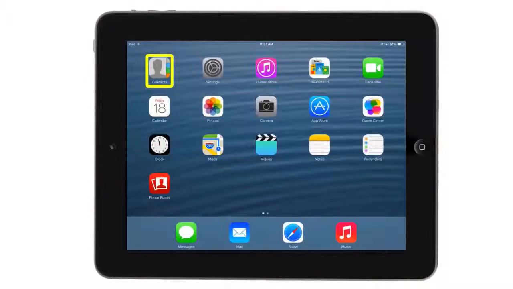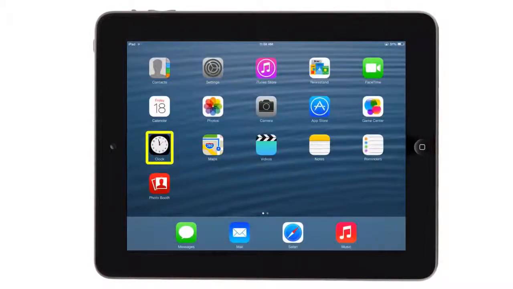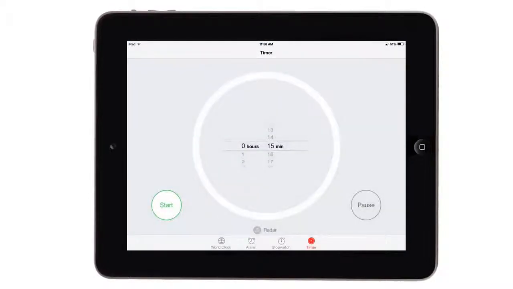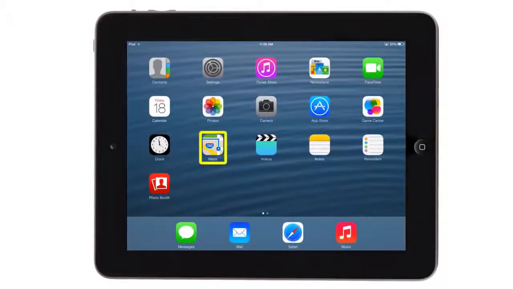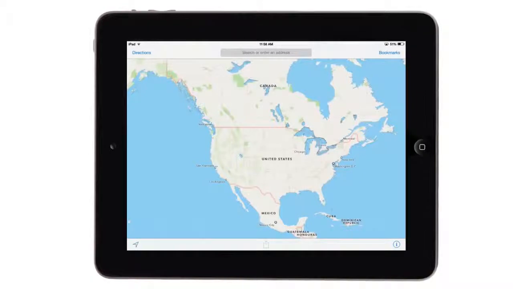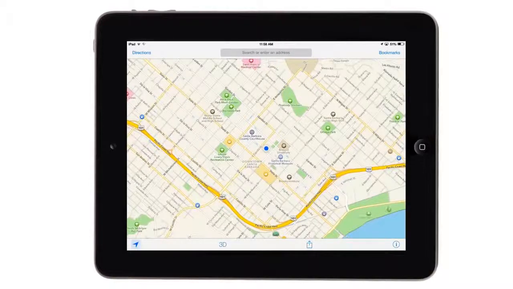Next, along the top is the Contacts app. This is a great way to store parent and colleague contact information. Moving along to the next line, we see the Clock app, which includes a really handy timer function, which has a lot of classroom application. Next is the Maps app, which we practiced with already. This is great not only for local landmarks, but a wonderful way to take your students on a virtual field trip of an area where you are perhaps studying or complete 3D renderings of most large cities.